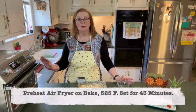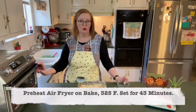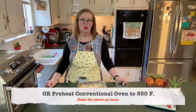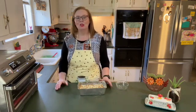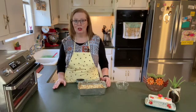I'm preheating my air fryer to 325. I've got it set for about 43 minutes. If I was making this in a conventional oven, I would set it for 350 and I would cook it for about an hour. Remember, you have to take the recipe as a guideline and then adjust it to what